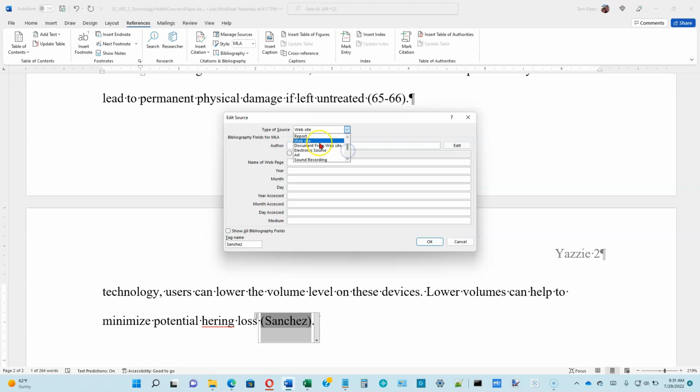What we want is to scroll down to website, choose website. When we do that, we get some changes in the options down here. Then let's click or tab down to the author box, and the typical format for author is last name first, comma, and then the first name,